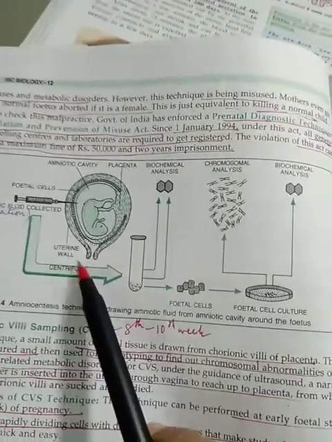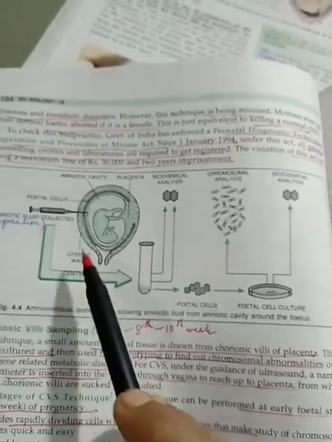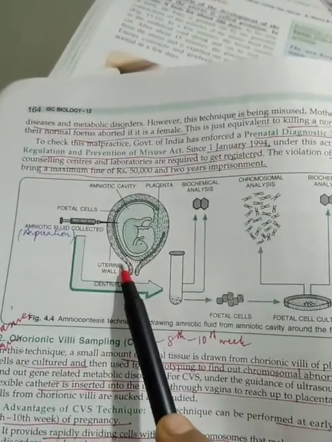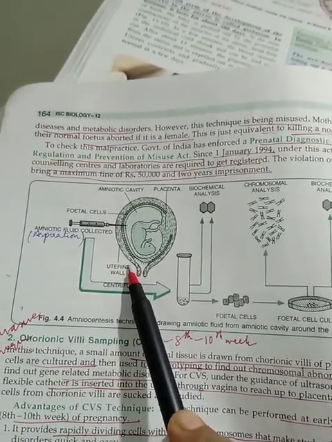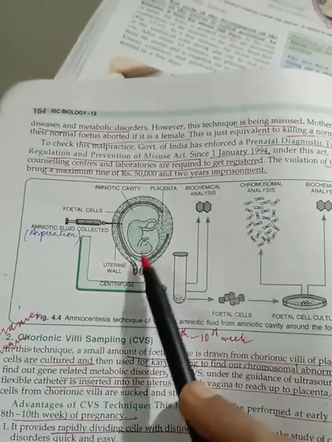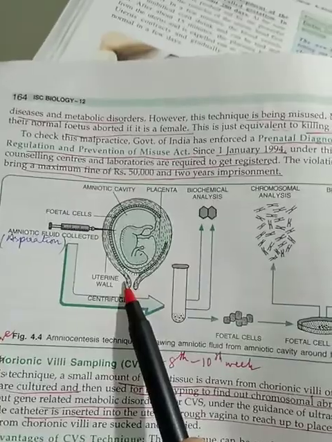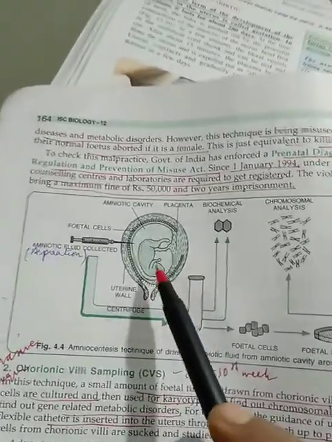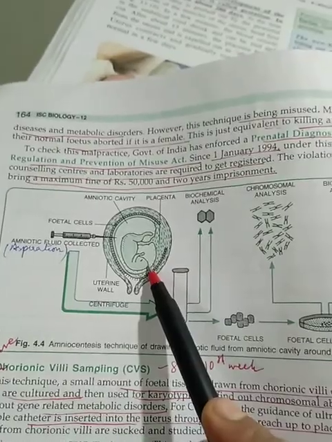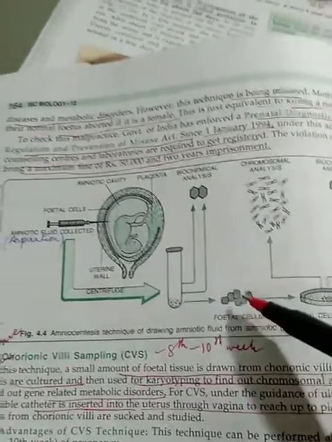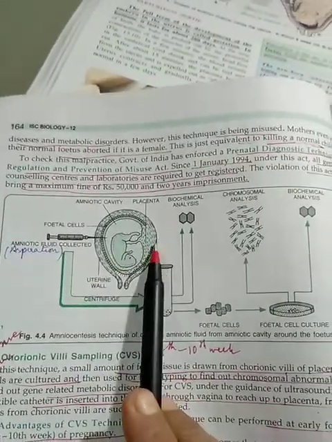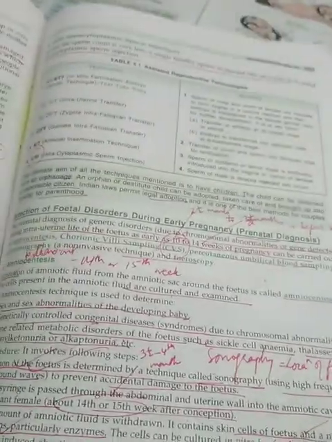Now, there is a drawback of this technology, children, that it can be misused for sex determination, because by studying the cells the gender of the child can be found out. Right, the experts can come to know whether the child developing is a male or a female child. However, abortion at this stage is really risky. You remember I told you last time that MTP is done in the first trimester, up to the 12th week. But here, at the 14th to 15th week, the abortion is risky. Right? So there are a number of acts or prevention laws that can be used in a successful way.